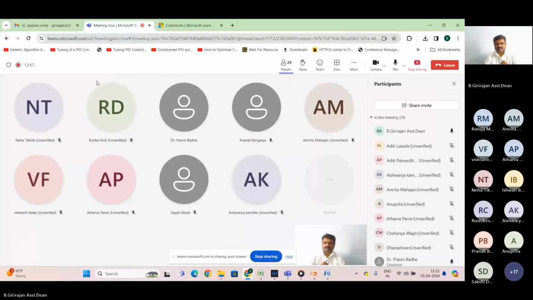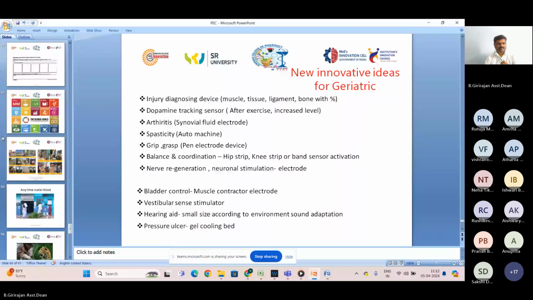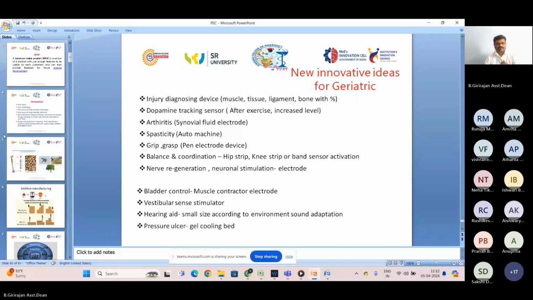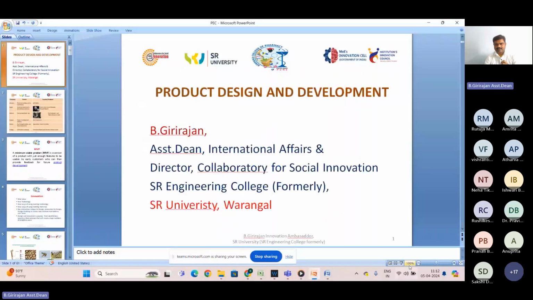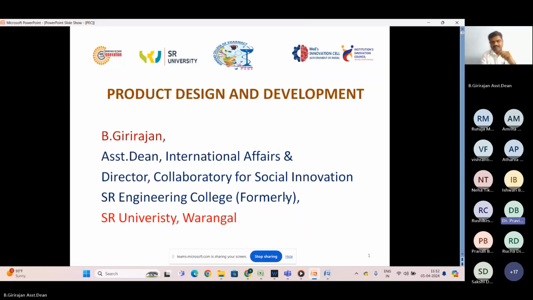Yeah, now we can see the screen. I'm sharing the first slide. Is it visible for you? Yes, just go to presentation mode. Yeah, it's okay now.